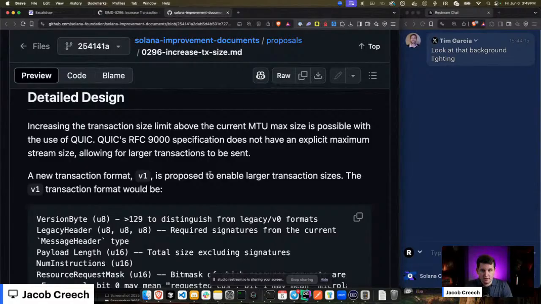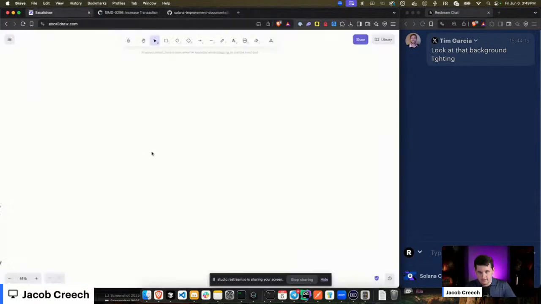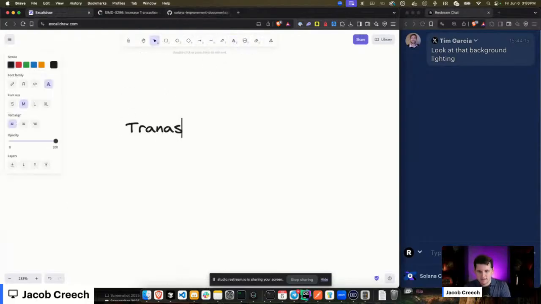Now, note, this whole larger transaction size comes with a pretty big change on Solana. Specifically, the change would be a new transaction format. So if you're familiar with transaction V1, let's just pull this up right here so we can start going through it. If you're familiar with transaction formats on Solana,